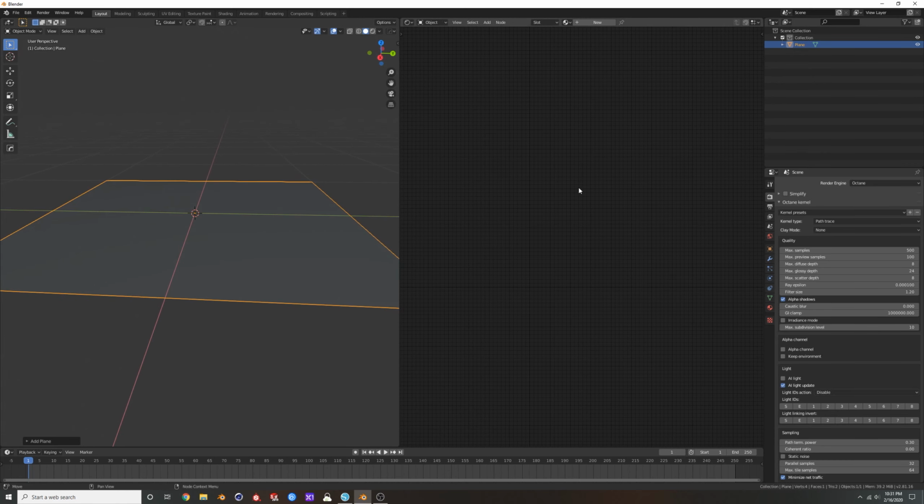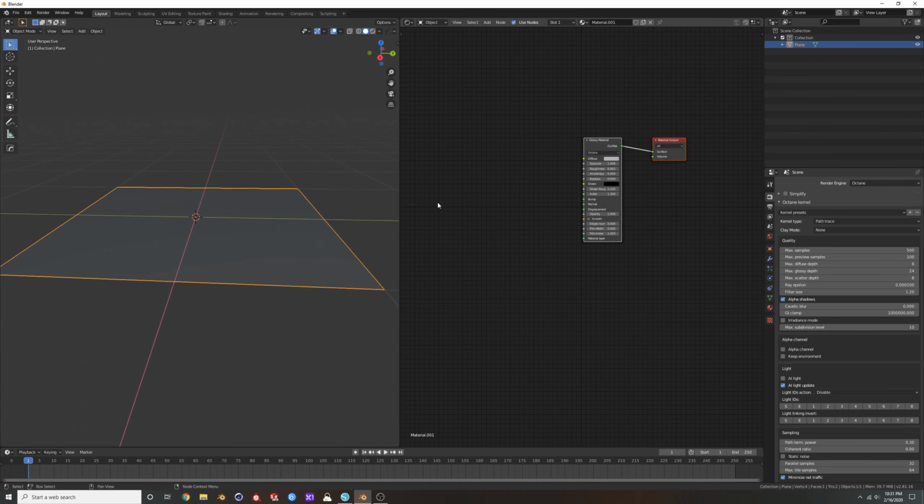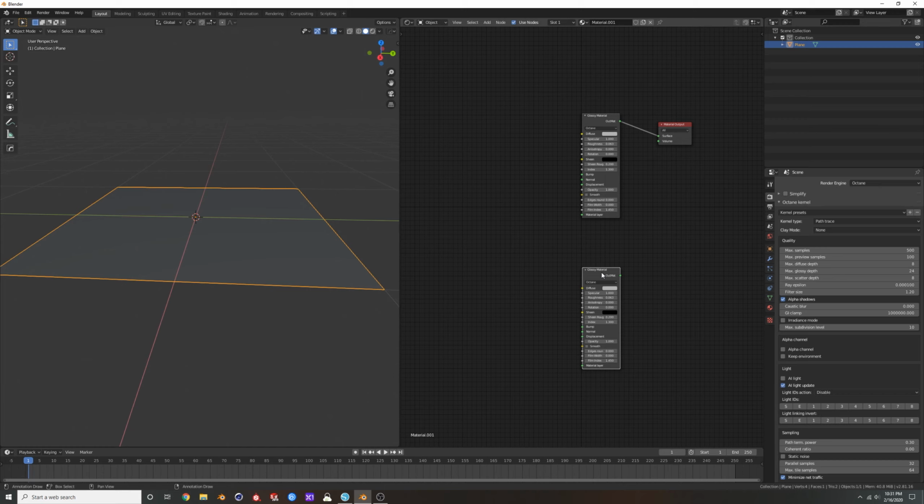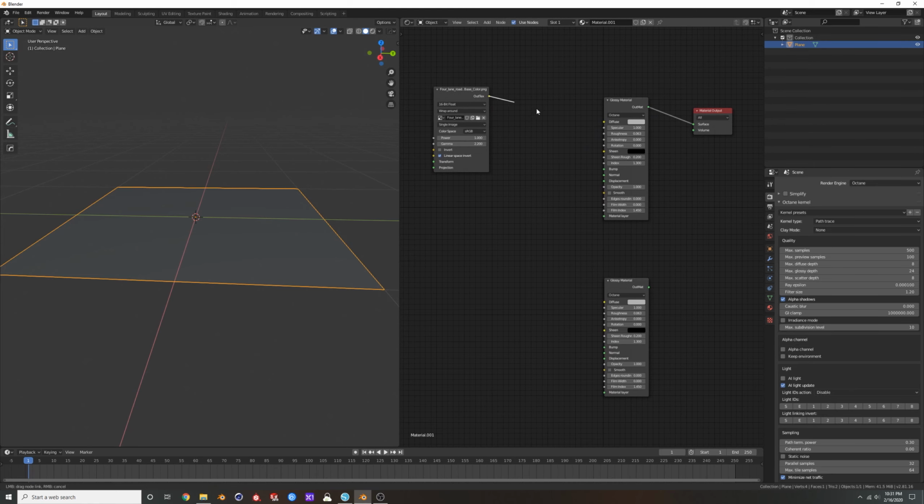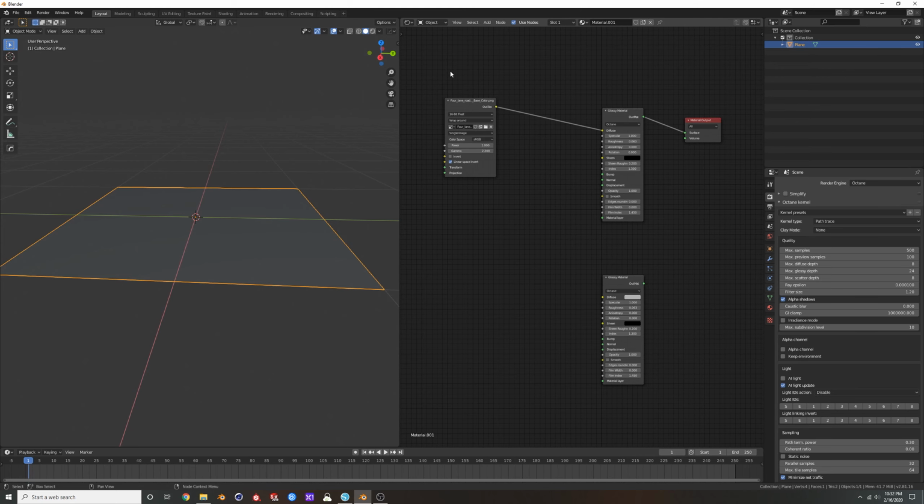And I'll show you something kind of cool. So first we'll add a new material. For this, I want a glossy material here for the asphalt, and I want a glossy material here for the puddle. And what's super cool about Octane is you can still drag and drop your files. So let me go to where I have that road texture downloaded. I'm going to drag this guy right here, and this is an image texture. So I'm going to plug this one into my diffuse, because this is my color channel,